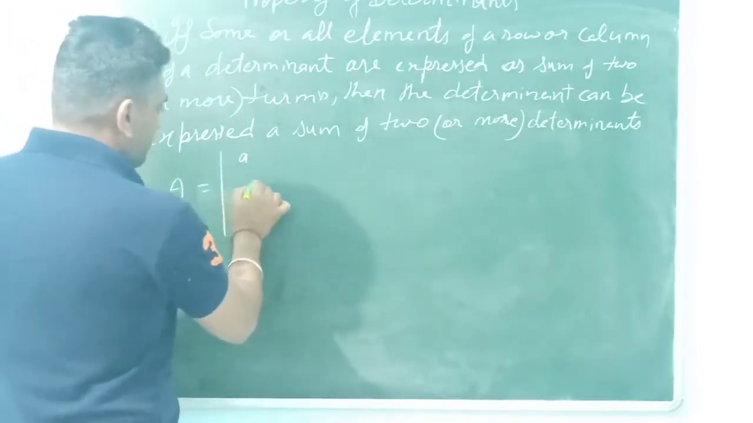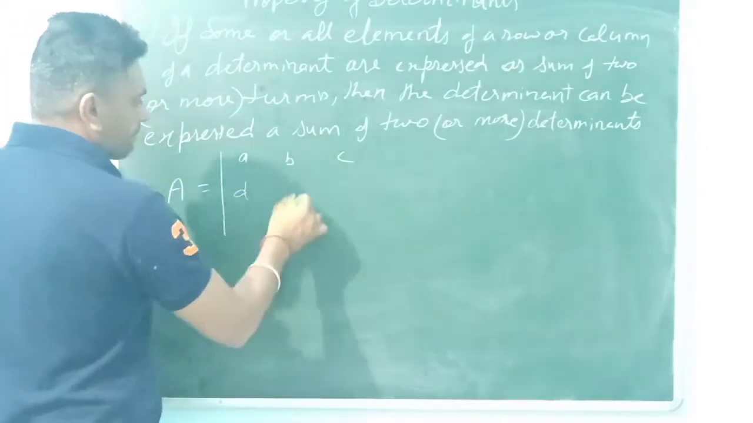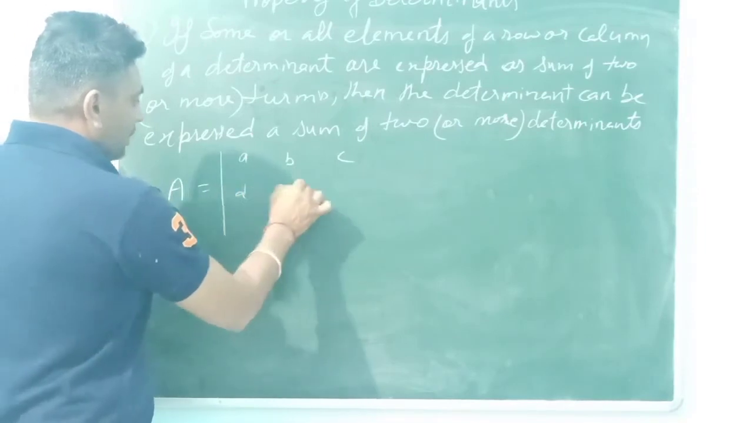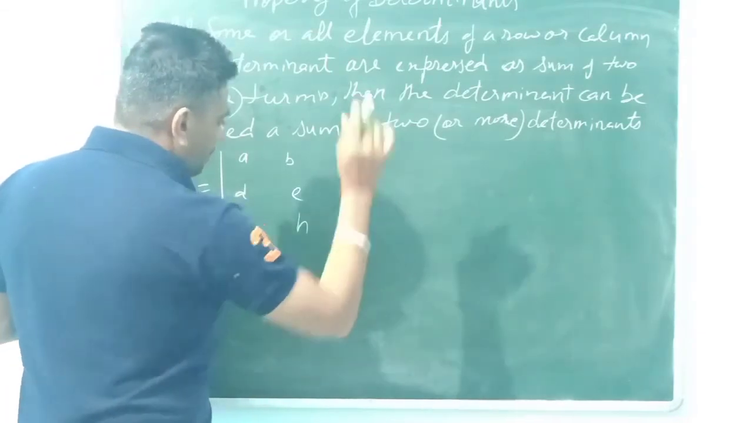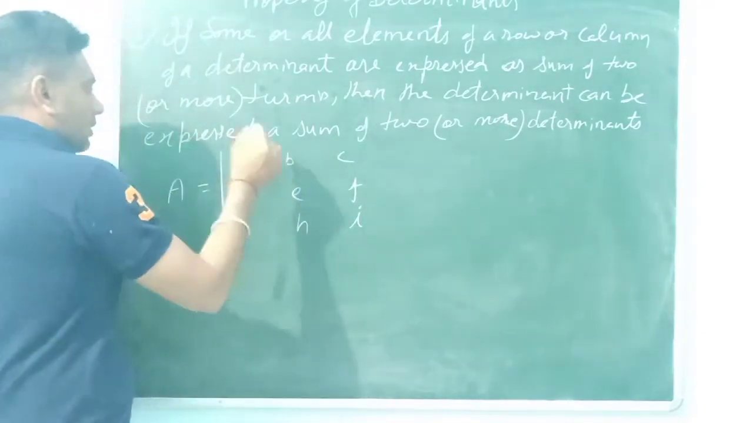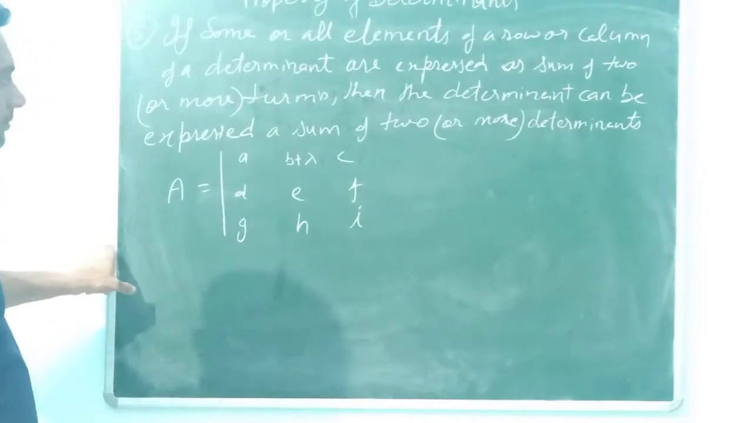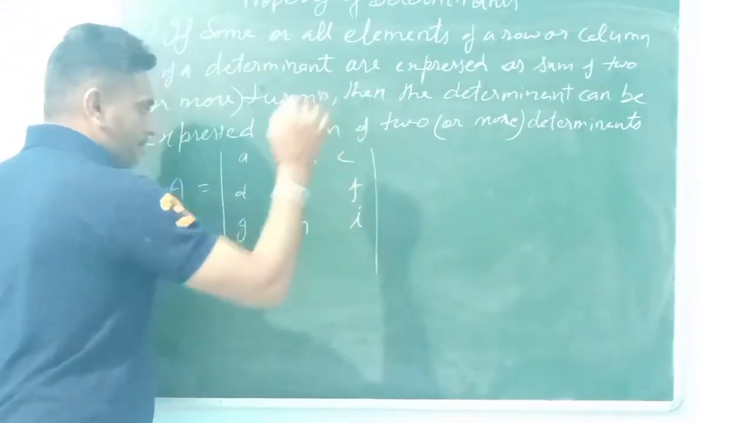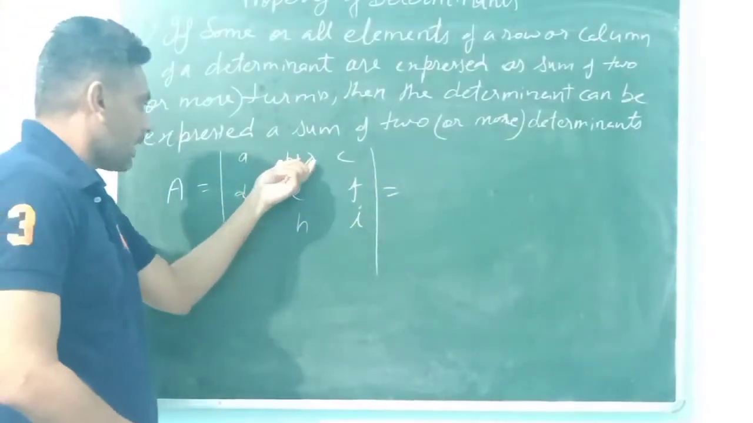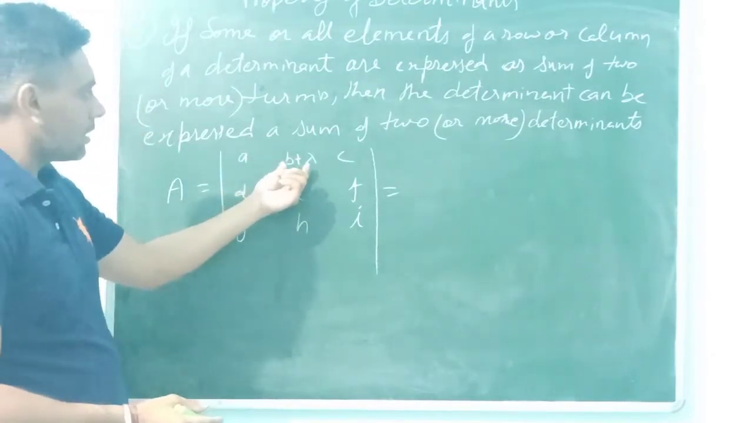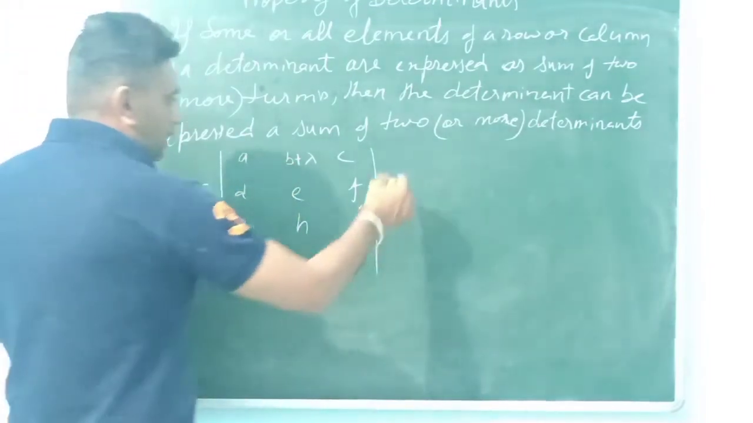A, B, C, D, E, F, G, H, I. If this can be added with alpha, this is 1, and here only one element of the first row can be expressed as sum of two elements. Now this can be expressed as